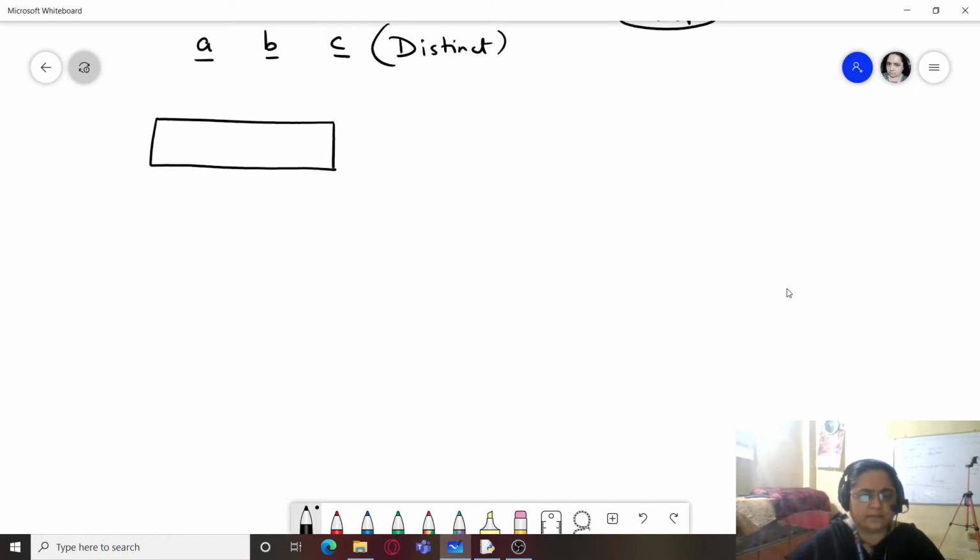So how to check which number is the greatest out of the three numbers? Two distinct logics you can use here.